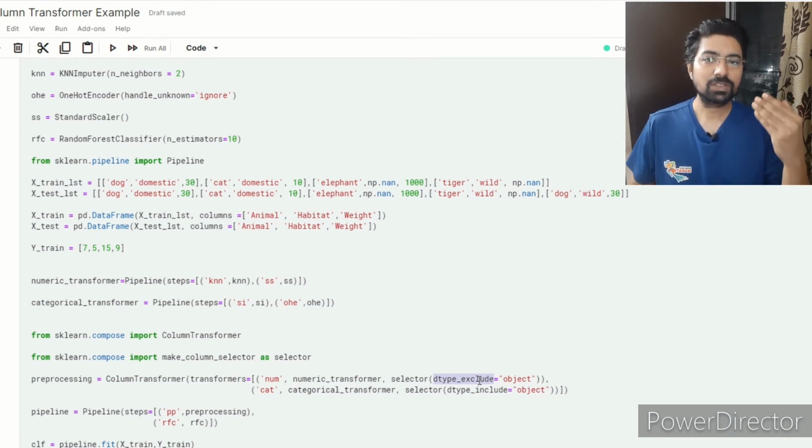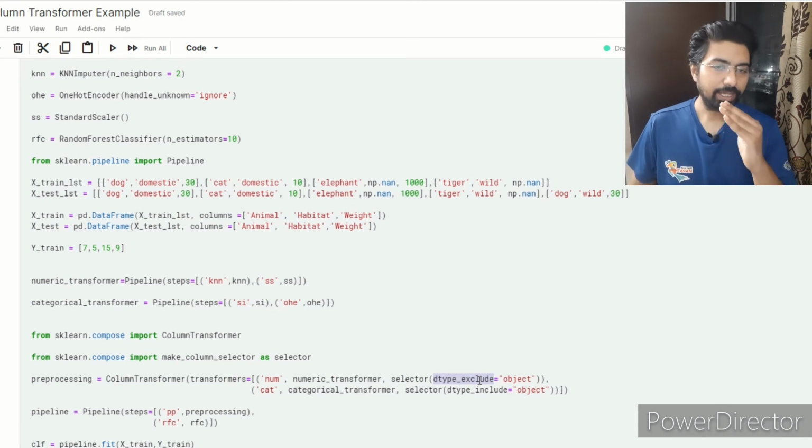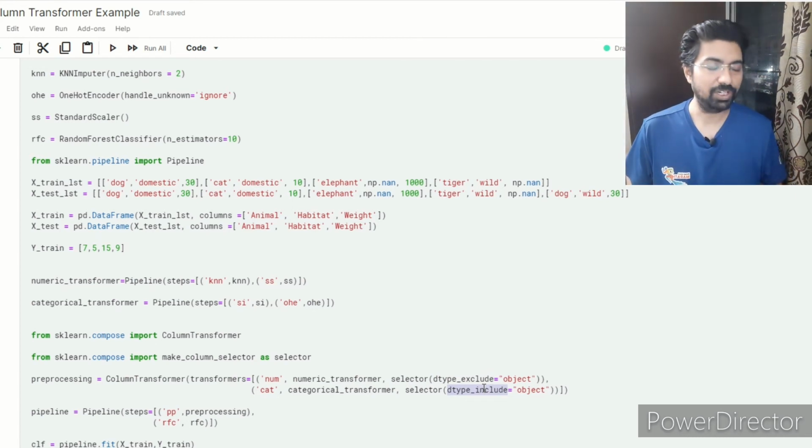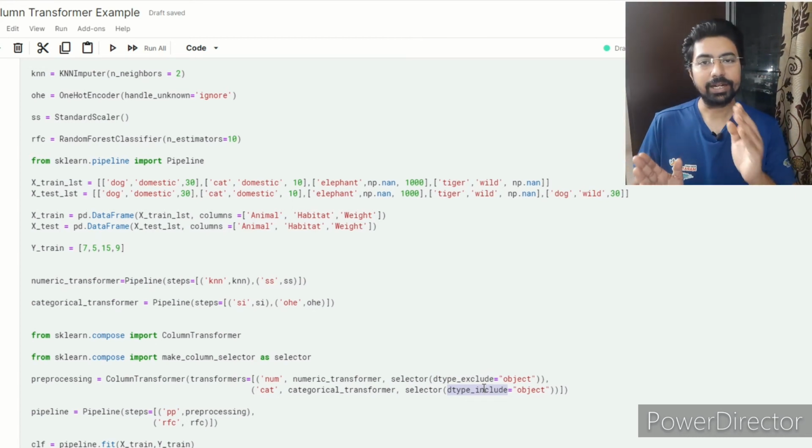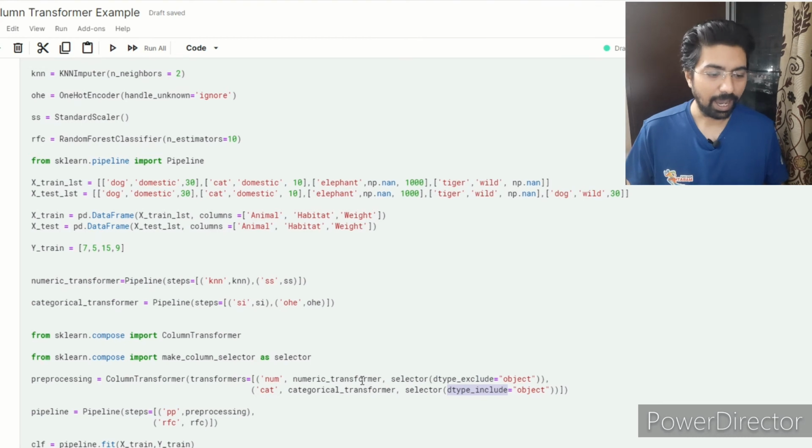So whatever is not object data, I take it as my numeric data, as simple as that, but that may not always be true. And then for the categorical data, I just gave selector data type include object. So for numerical data, data type exclude object, for the categorical data, data type include object.